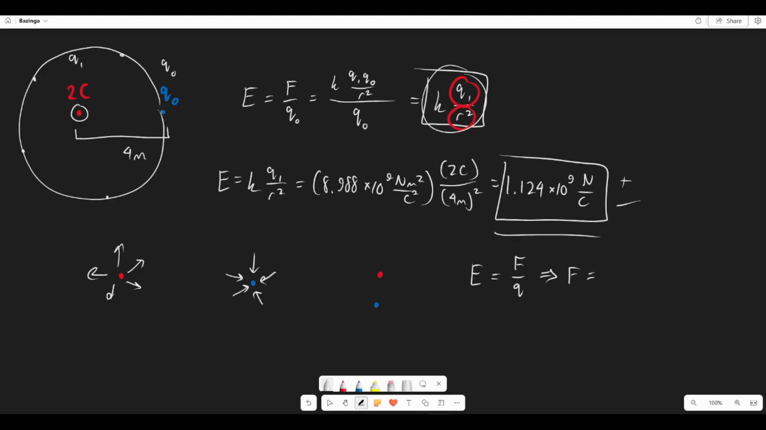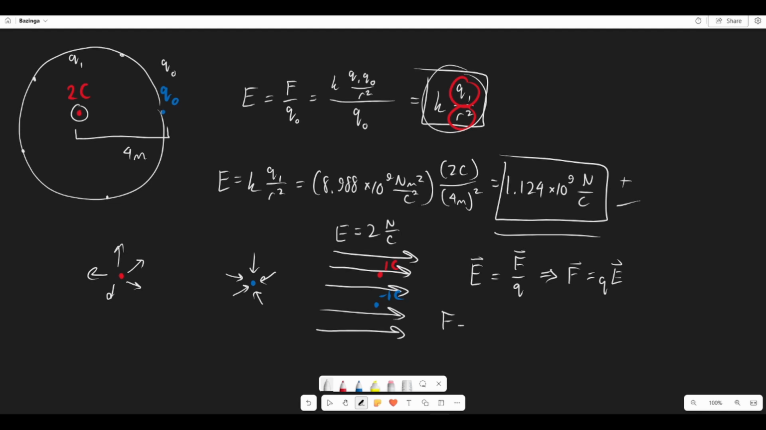Note that because we defined electric field as force divided by some charge, we can rewrite this expression to obtain the force on a charge due to the external electric field. For instance, if I put these 2 particles in an electric field pointed right of magnitude 2 newtons per coulomb, and the charges are 1 coulomb and negative 1 coulomb respectively, we can calculate the force by F equals QE